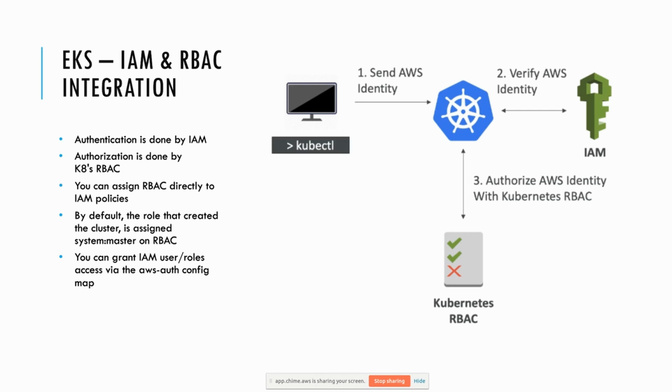By default with AWS, when you create a cluster, the role that creates the cluster automatically gets assigned master access on the cluster, and that can't be taken away or revoked later. So whichever role creates the cluster, that role will have master access to the cluster for the full life cycle of the cluster. And when you go into your AWS auth config map, you won't even see that role. The next slide.